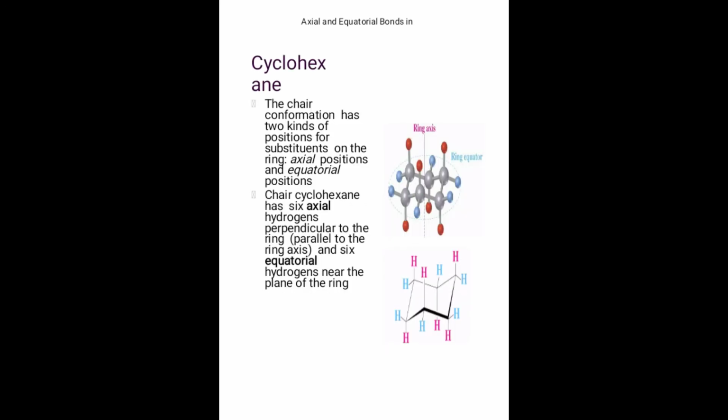Then this is the conformation of the cyclohexane. Cyclohexane, as we have already seen, is present in 2 forms. One form is the chair form, another form is the boat form. Instead of producing any kind of angle strain, the cyclohexane converts into a different conformation so that there will be no strain. Hence, its stability increases. So this is the chair form.